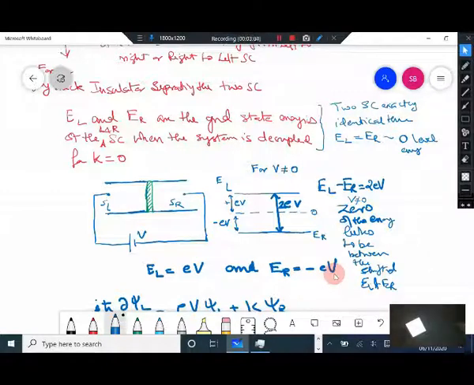What it is going to change is the dynamics of the wave function: the rate of change of the phase part and the rate of change of the density of Cooper pairs will all be affected. That rate of change is what we will try and find out. Because of this small part which is leaking from the other superconductor into this superconductor, the overall energy levels will remain roughly unaffected, and that is the main idea of this calculation.